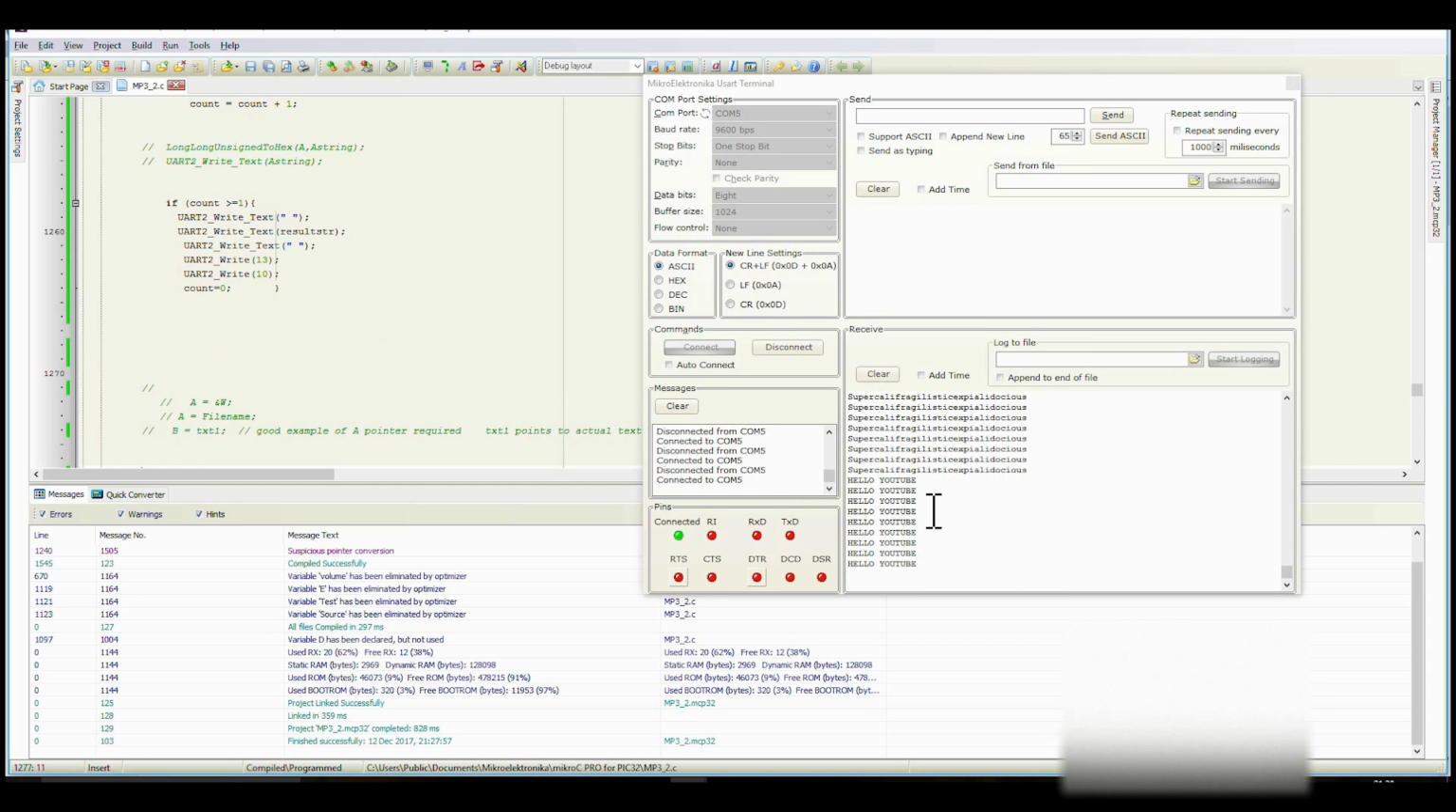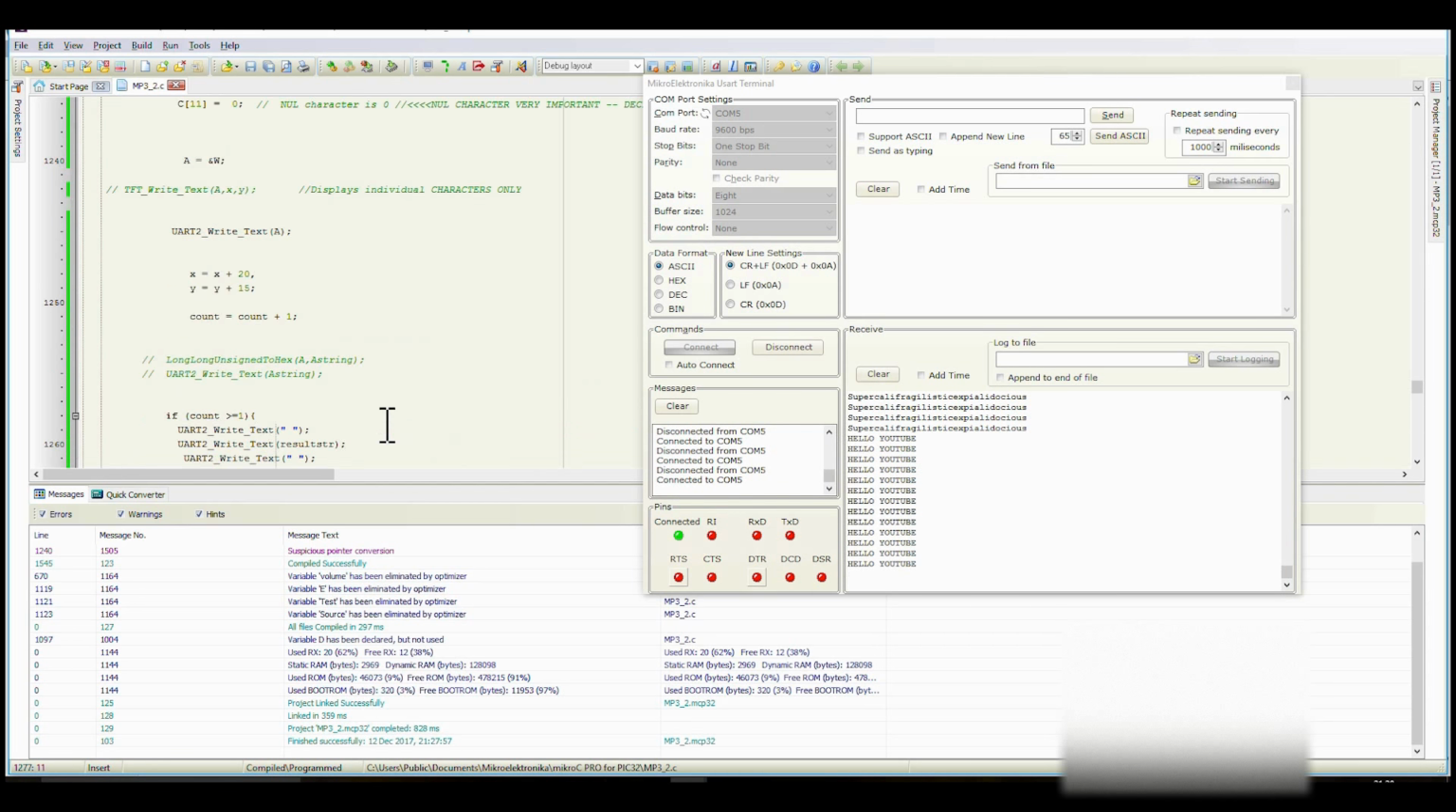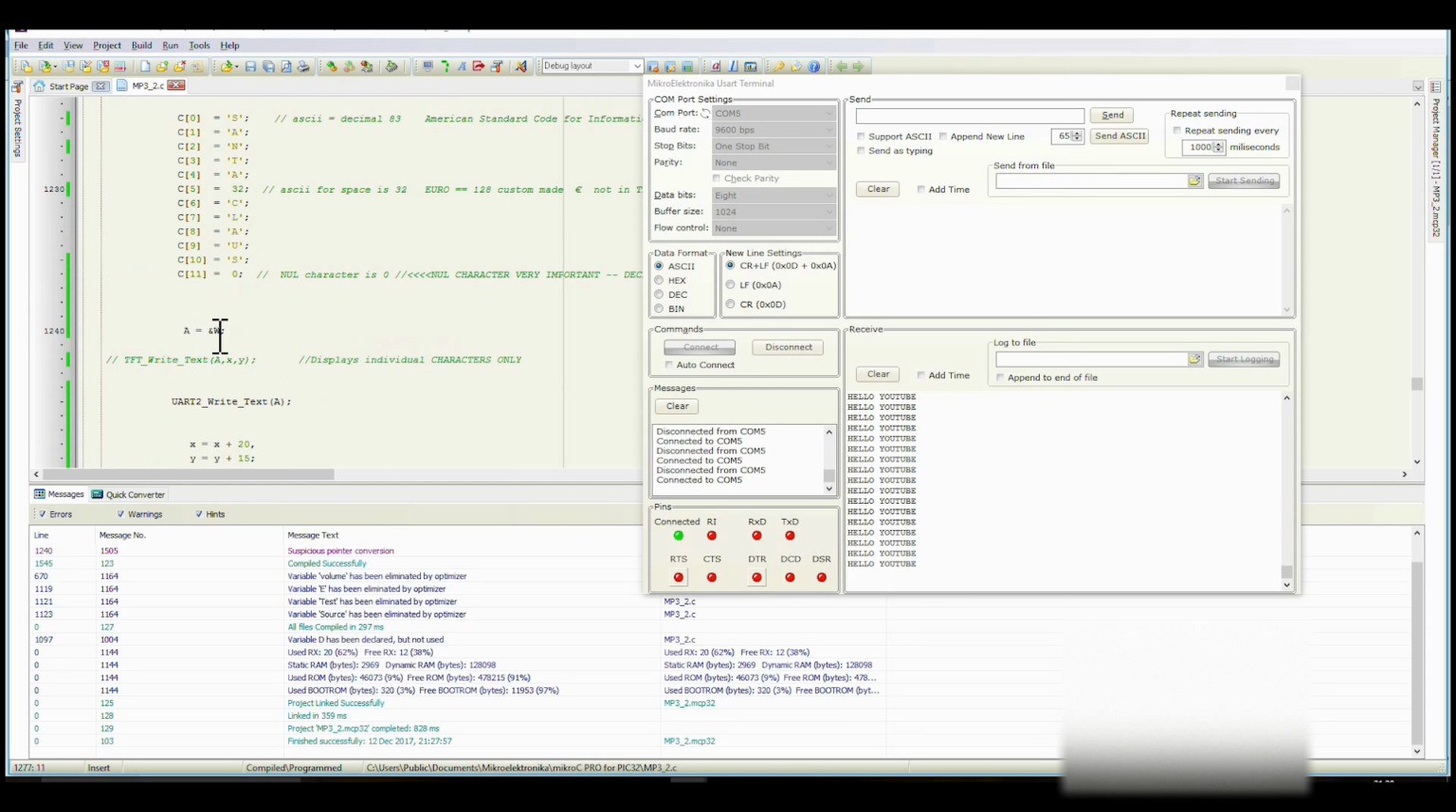So as you see, A is pointing to the address of W. If you take out the ampersand, as I say, it's no longer pointing to the address, and then you don't need a pointer. Put that back in. So if I get rid of this,